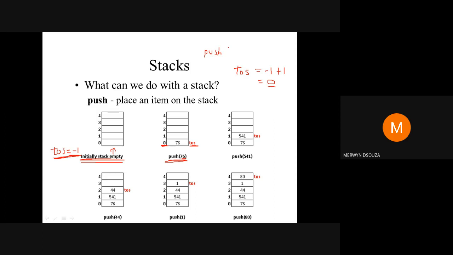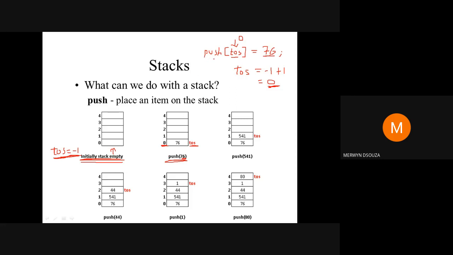Okay, so this will be an array, so it will be square brackets, top of the stack, square brackets like this, equal to what value I want to store there? 76. Okay, I'm just showing you. So what will happen? Top of the stack, what is the value? 0. Okay, so this value will be replaced with 0. Clear? So 76 will be stored in this array.